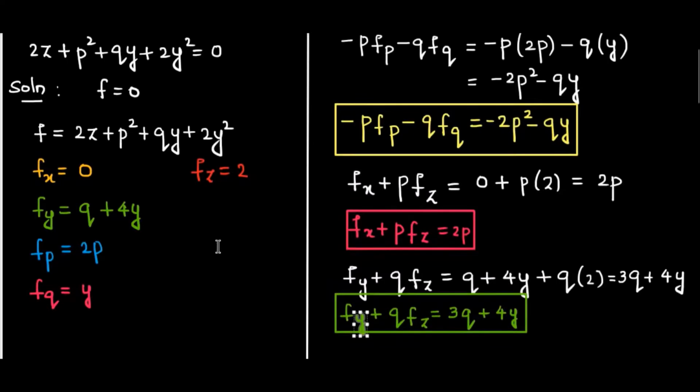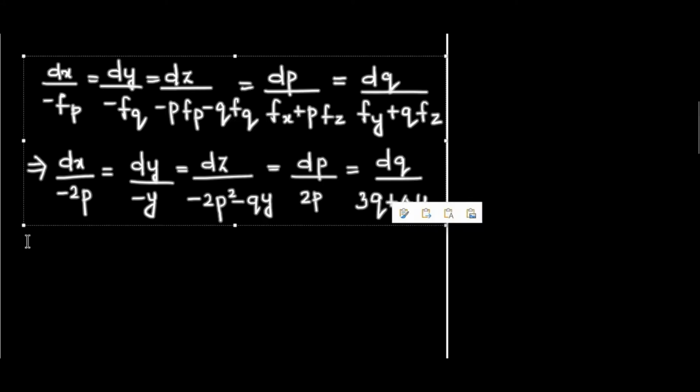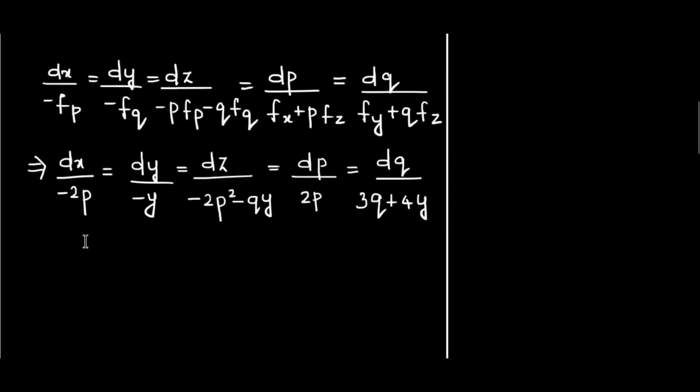Next, we find all the terms required in our auxiliary equation: minus pfp minus qfq, which is this, fx plus pfz, fy plus qfz. Now let us substitute all our findings in the auxiliary equation of Charpit's method. Thus, we get these ratios. You can consider any two ratios for finding p and q. Now I am considering the first and fourth ratio, which is dx by minus 2p